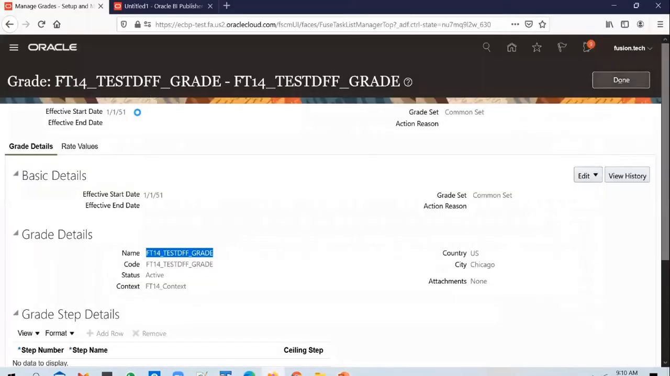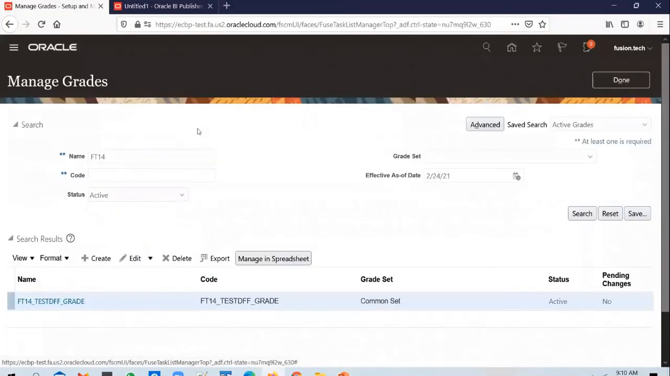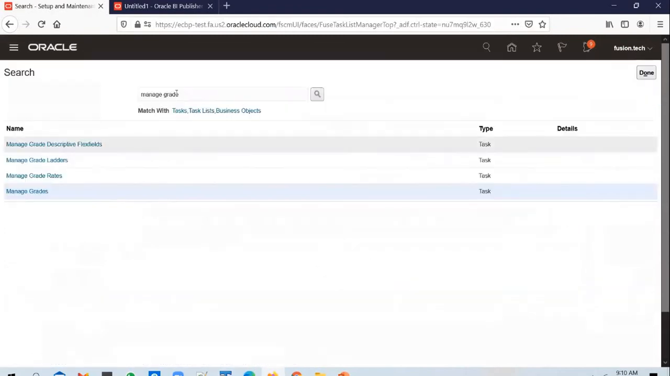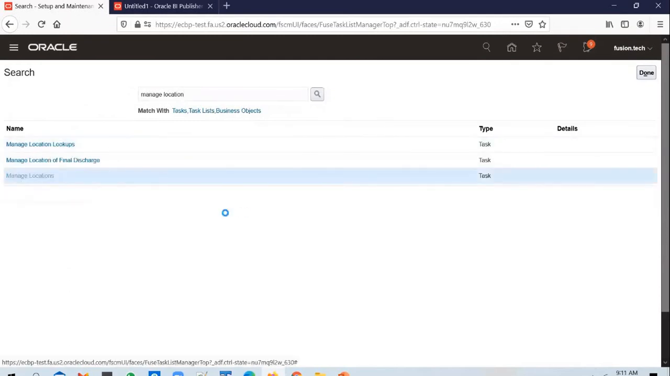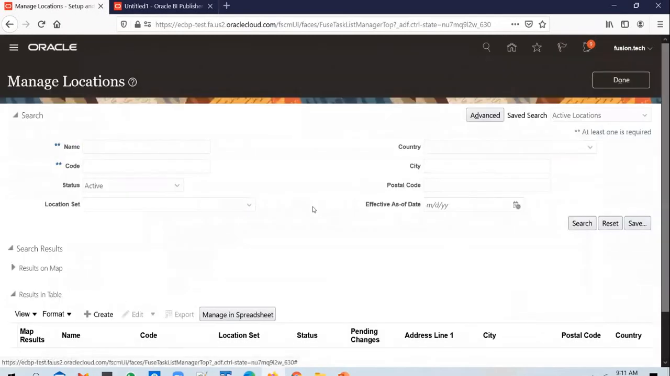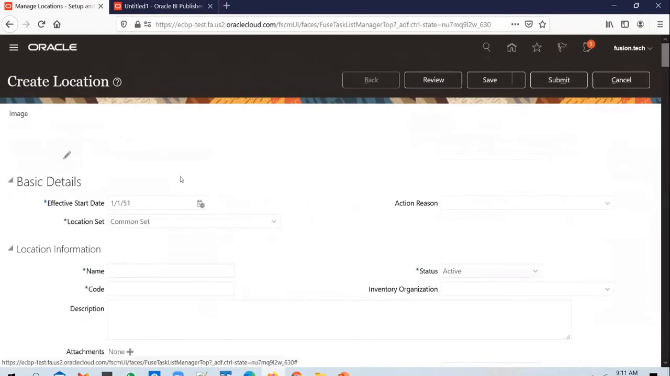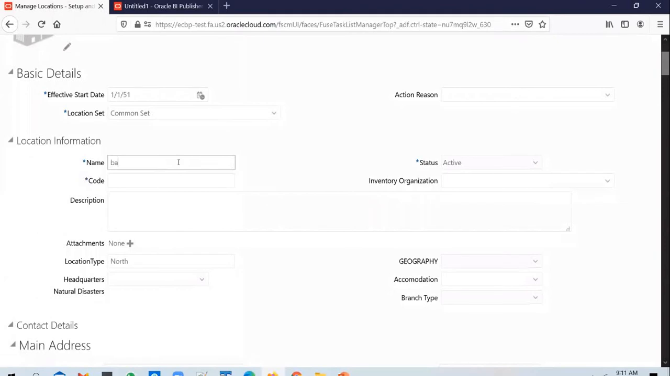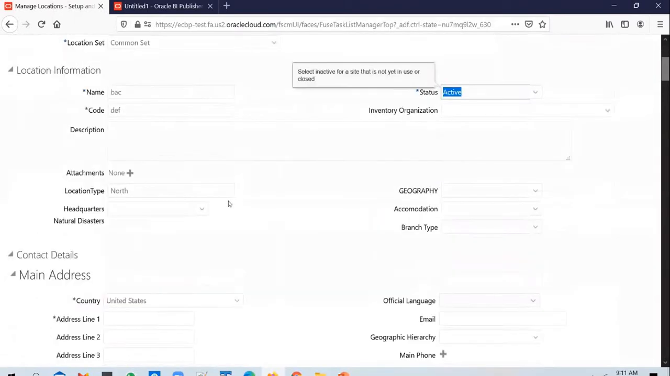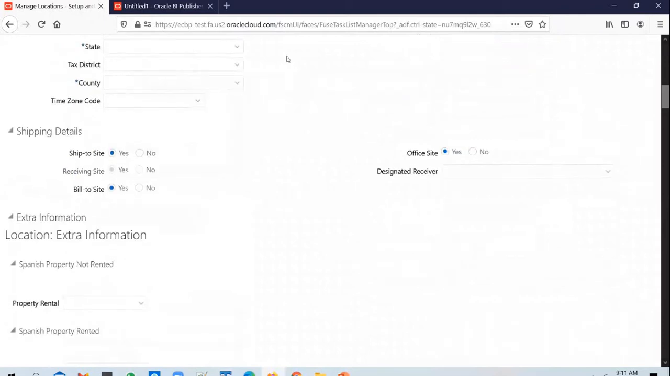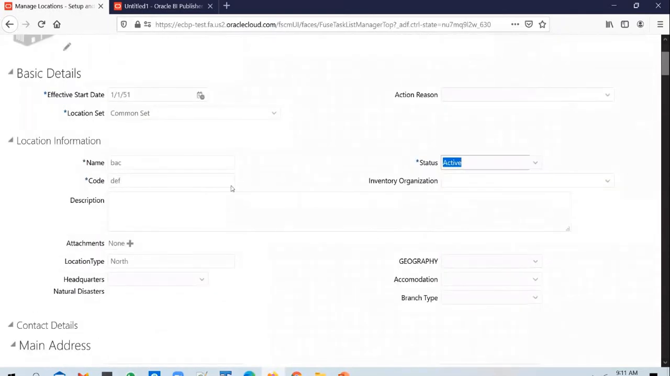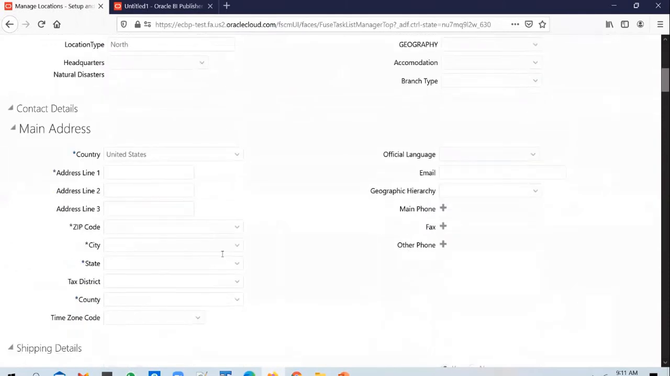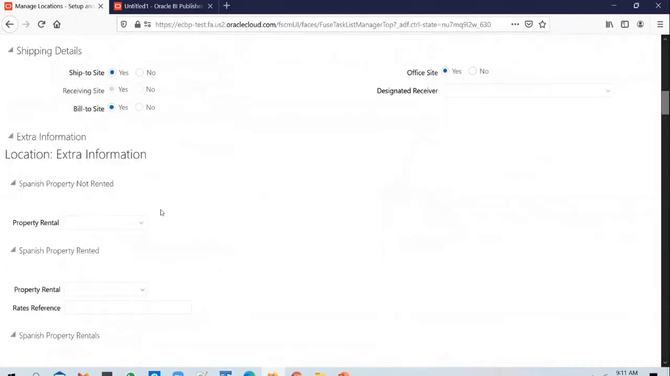Say for example, if you're creating a location, let's go to the Manage Locations screen. When you're creating a location, yes, you would enter all the details that you need here on the location information, and you will enter the address as well for the location. But if you scroll down,